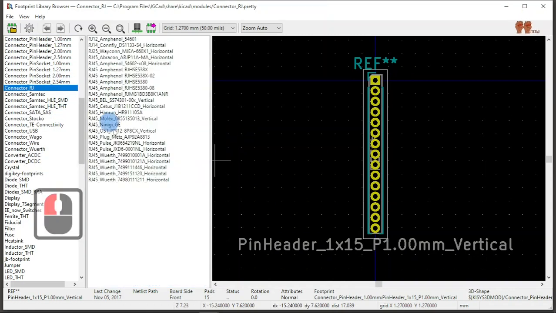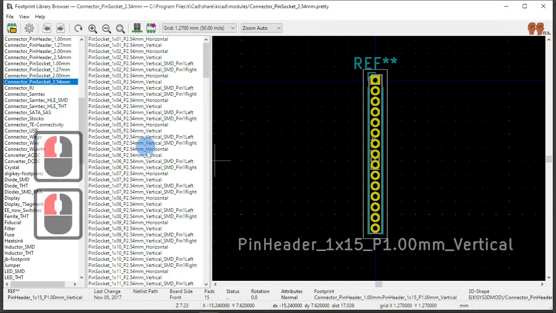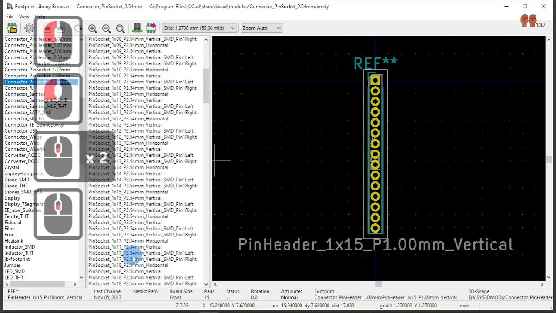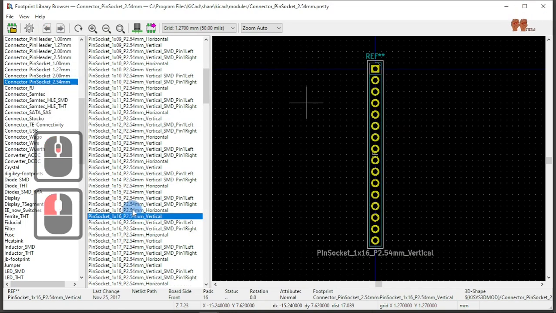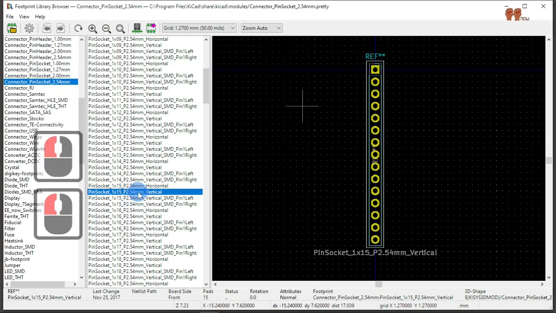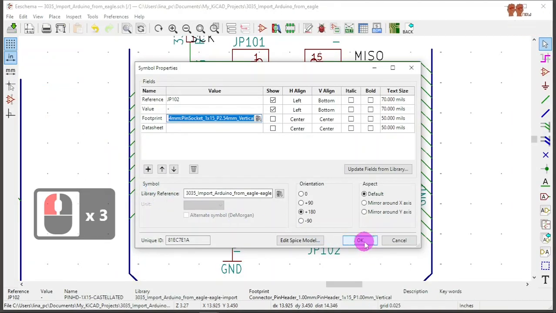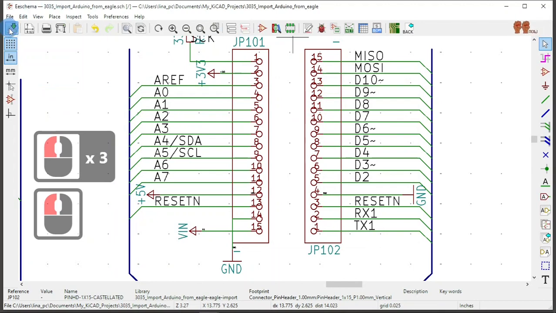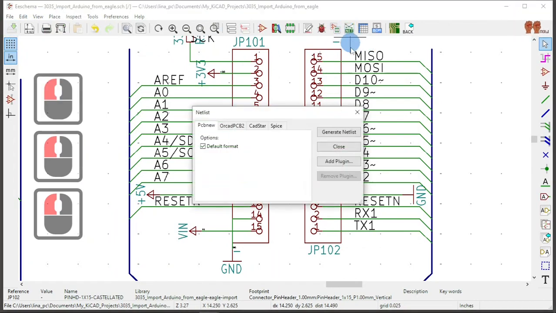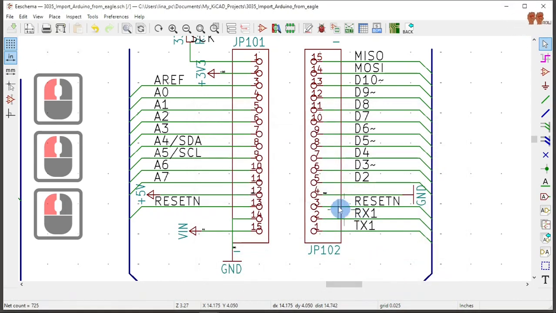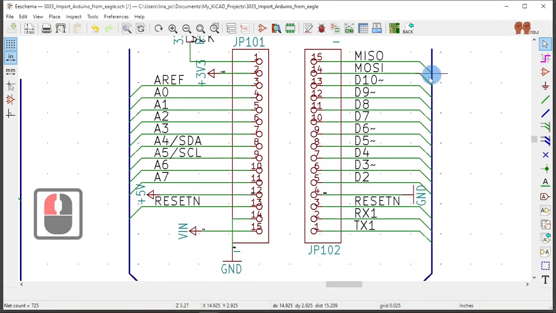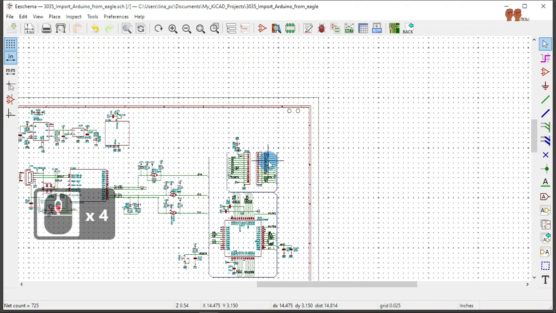So 2.54, 1x15 vertical, 15 pins. Not sure, I have to research a little bit more on that, but